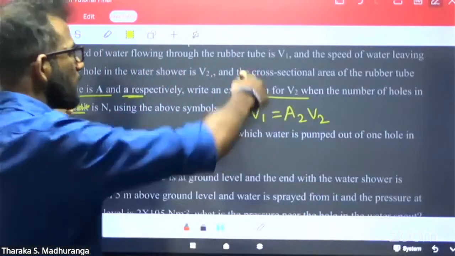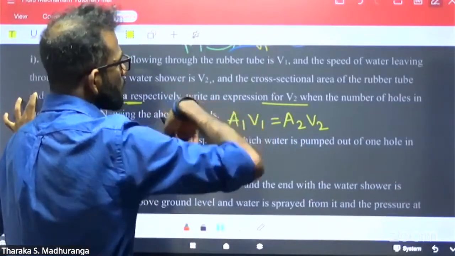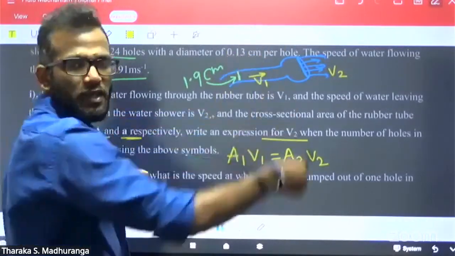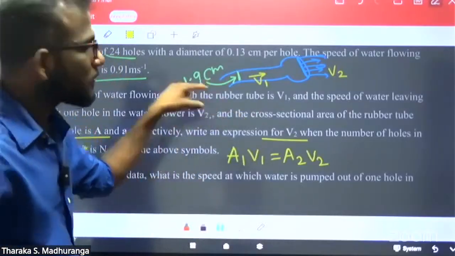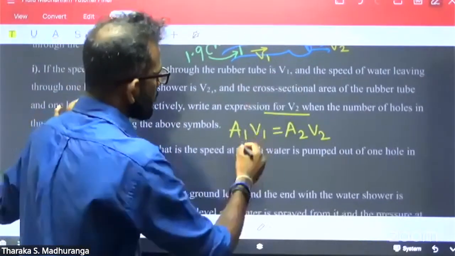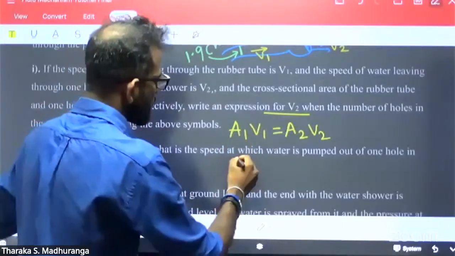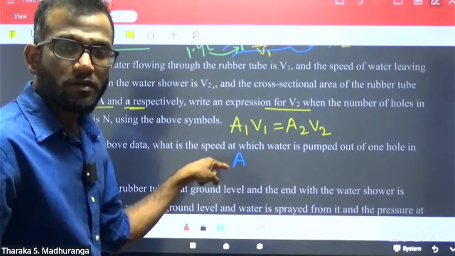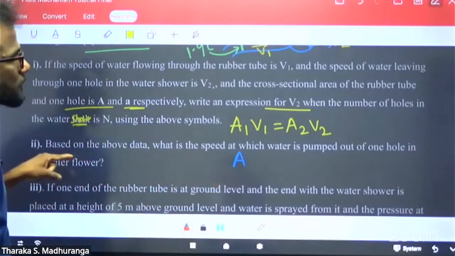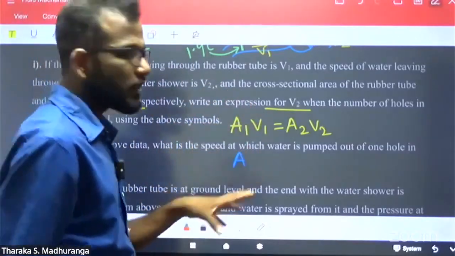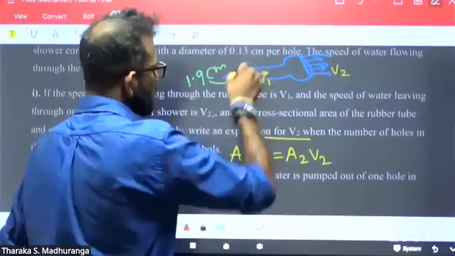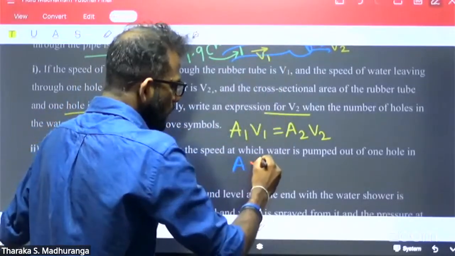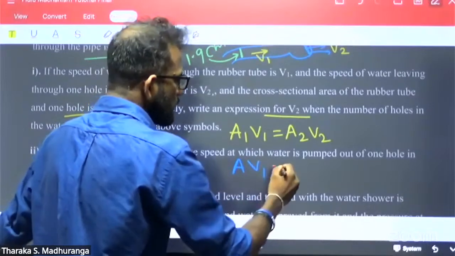Okay, A1. What is A1? You have to select. I select A1 and V1 is the pipe side. A1 is capital A. That is the cross section area of the rubber tube. Through the rubber tube, it is moving with V1, the velocity V1, and equal to